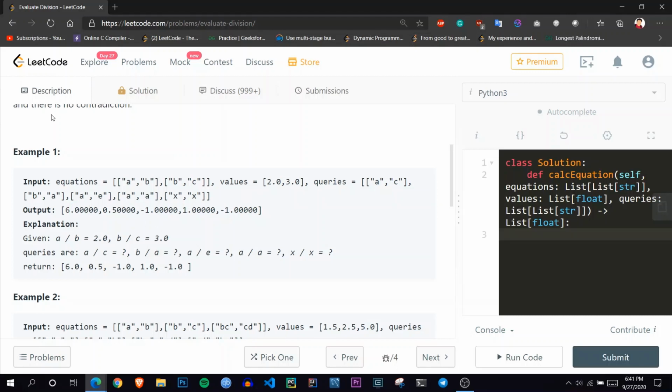And how are we getting this? Because a by b and b by c are given, so a by b is 2.0 and b by c is 3.0. So the query a by c is a by b into b by c, so that's why 2.0 into 3.0 equals 6.0. And similarly we need to calculate b by a also, because a by b is given, so b by a will be what? Just the reciprocal of that, so 1 by 2.0, and that is what is given over here,